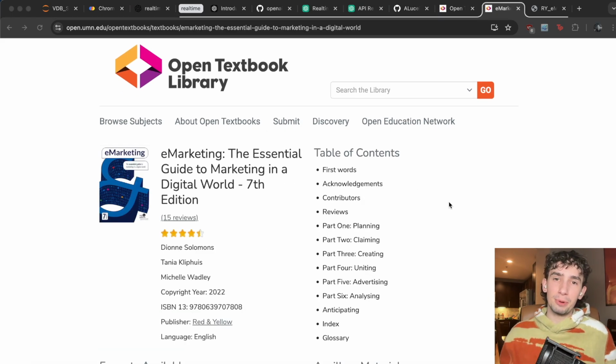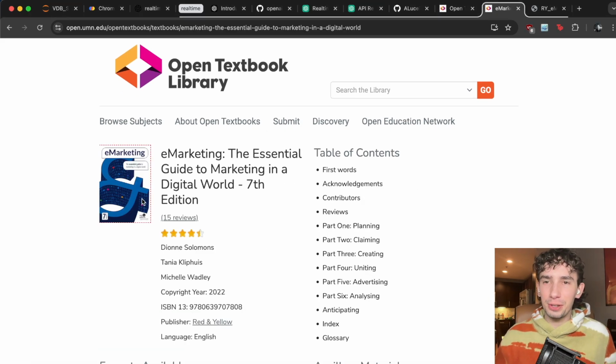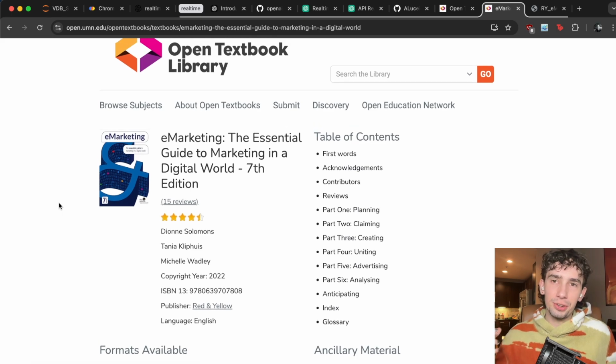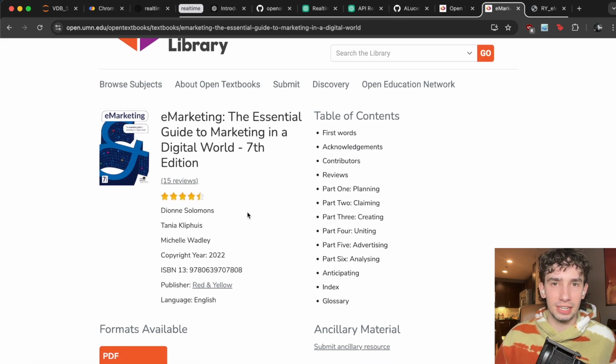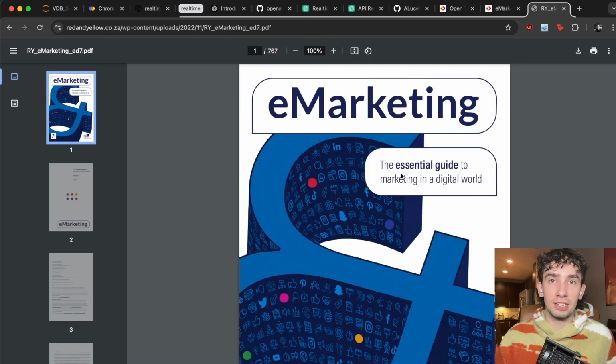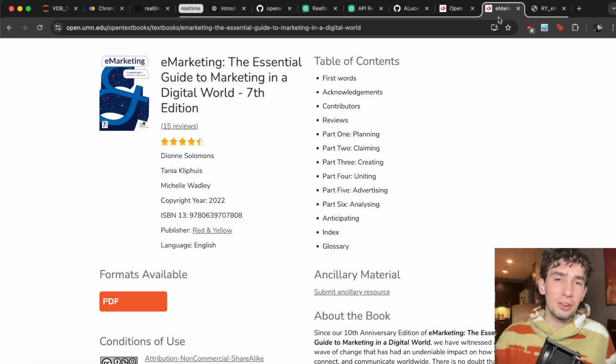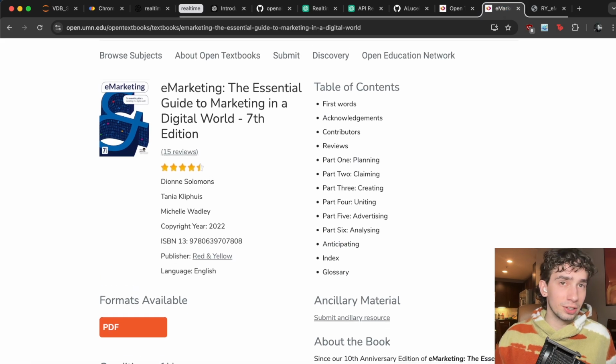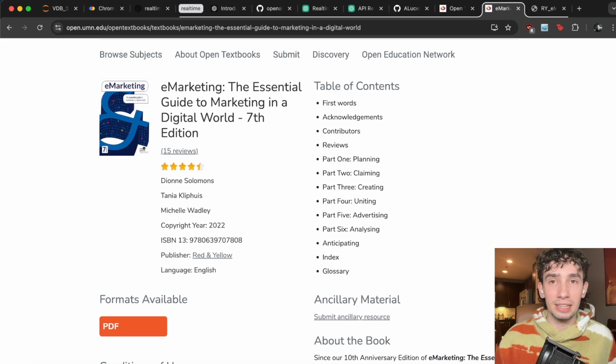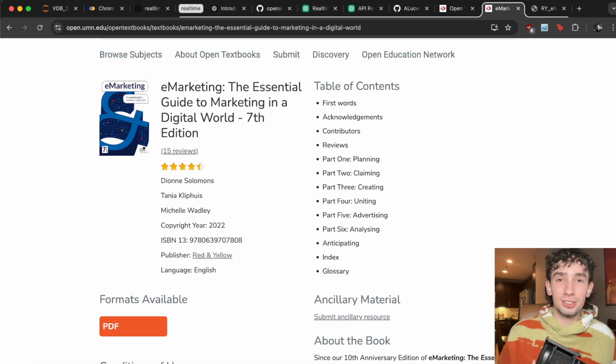So for this example, I wanted to choose a nice, fun, relevant one to me, and I chose this E-Marketing: Essential Guide to Marketing in a Digital World textbook. First off, because it is a 767-page textbook, and then also because as someone who's traditionally worked in sales and marketing and advertising and media, marketing is a very advanced topic with a lot of specific niches and nuances. So I wanted to see if I could extract some of that information from